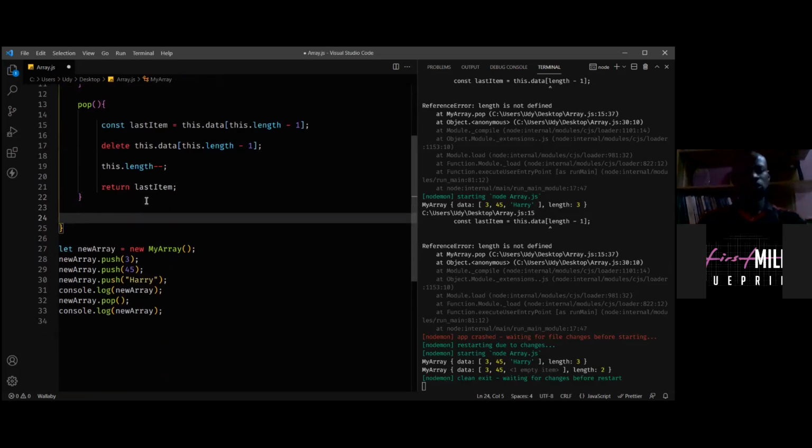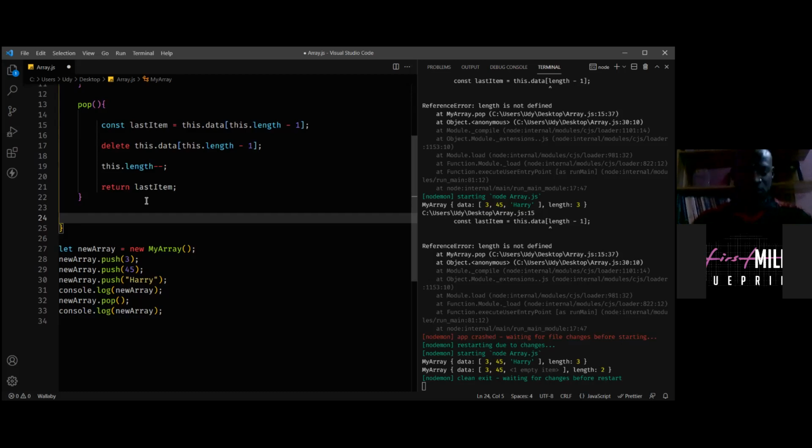So the next method that we can look at is, remember we talked about inserting an item at any index position of the array, like when we use the splice method.